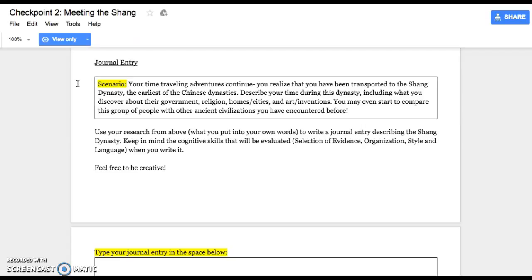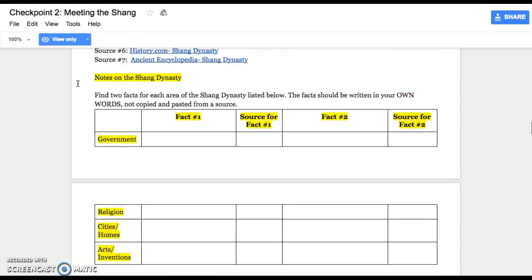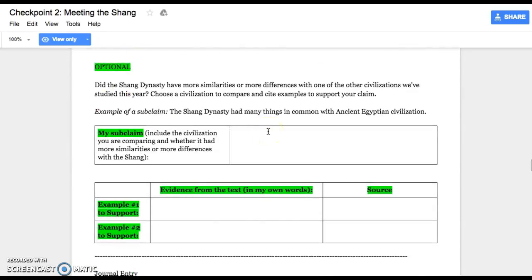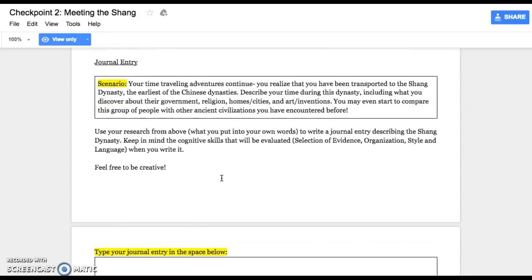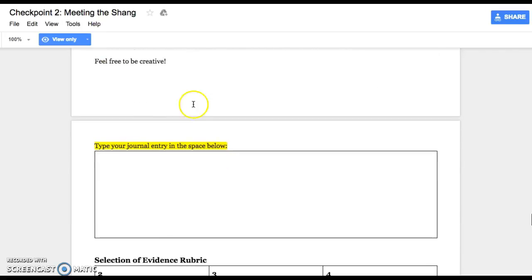You may even start to compare this group of people with other ancient civilizations you have encountered before. So you're basically, again, taking your research up here, and if you made any subclaims, and putting it into your journal entry, adding some details, adding a story element to it, with the time travel piece as well. So again, this is a continuation of checkpoint 1, so you might want to refer back to something you wrote in checkpoint 1 or continue the character or the story that you've developed. Right here is where you would put your journal entry,